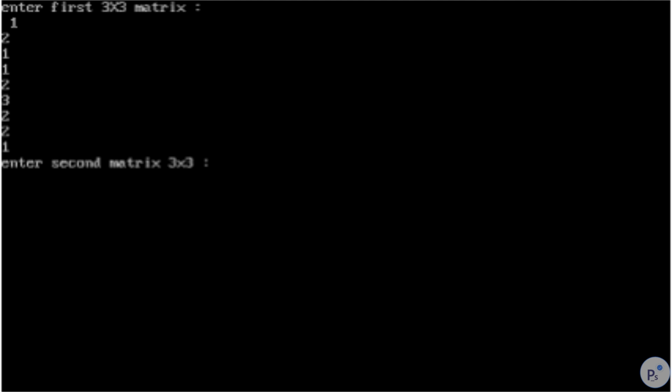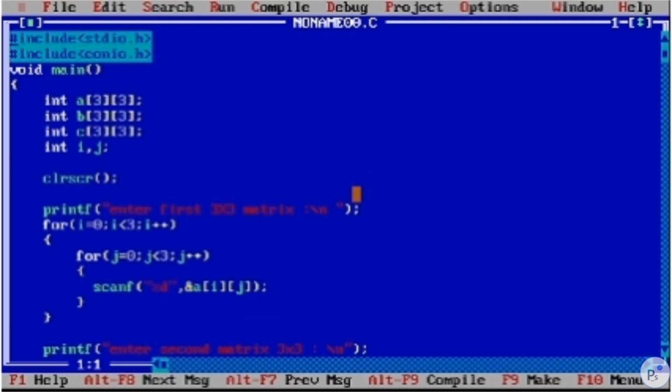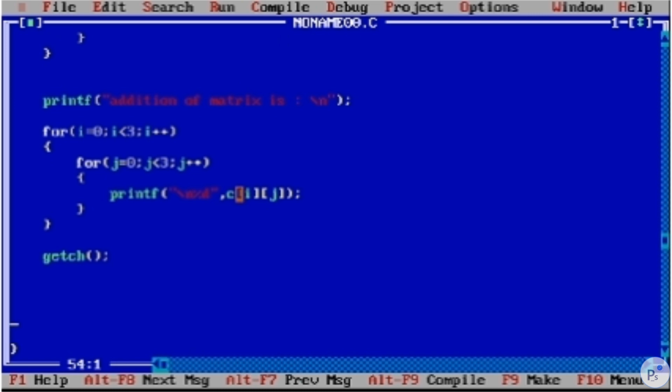For simplicity, we will give simple values 1, 2, 1, 2, 1, 2, 1, 2, 1. So as you can see, the addition of matrix is here. In this way we can perform it.